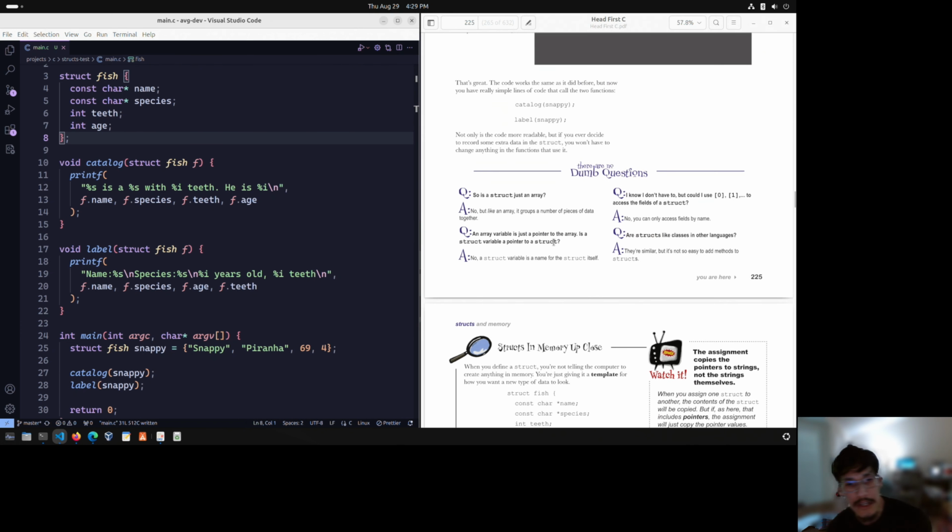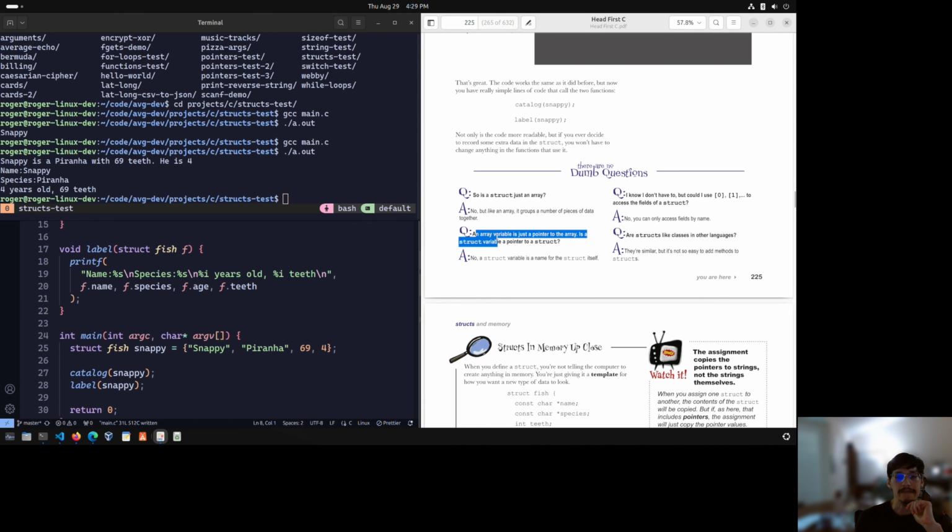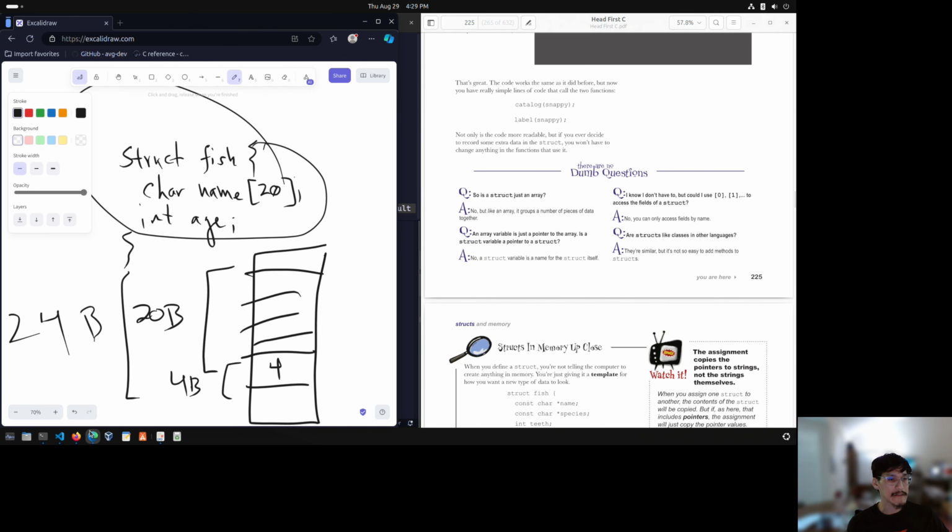So there are no dumb questions. Is a struct just an array? No, but like an array, it groups a number of pieces of data together. An array variable is just a pointer to the array. Is a struct variable a pointer to a struct? An array variable is a pointer to an array. So an array variable, the variable itself, right? The variable of an array, so